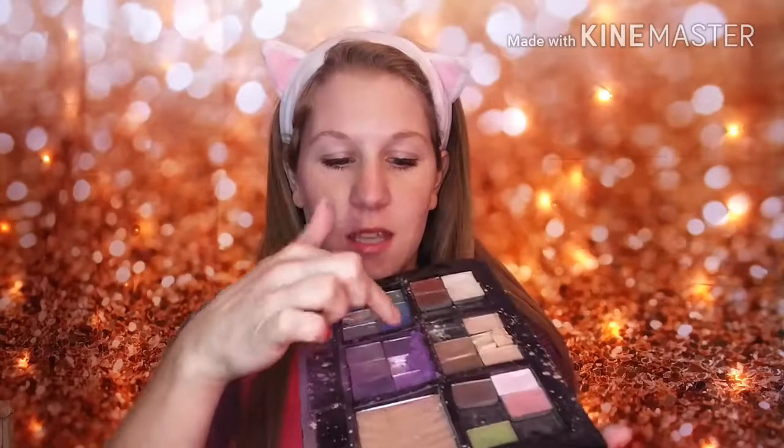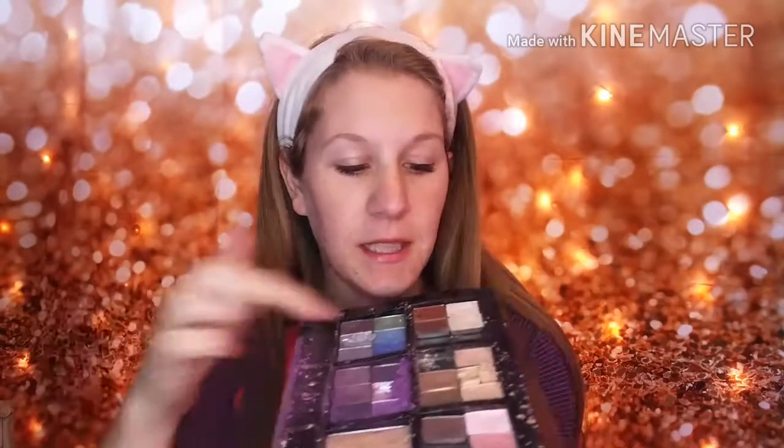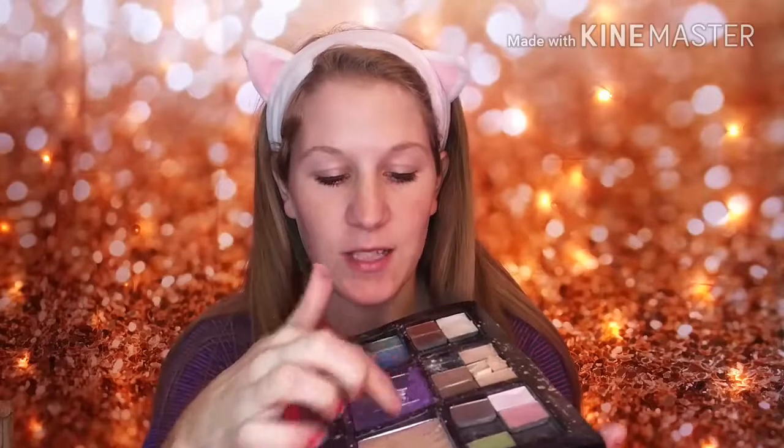Let's see. I'm going to use my Mary Kay palette. I can't really lift it up because my kids broke it. They dropped it, and yeah, this purple is